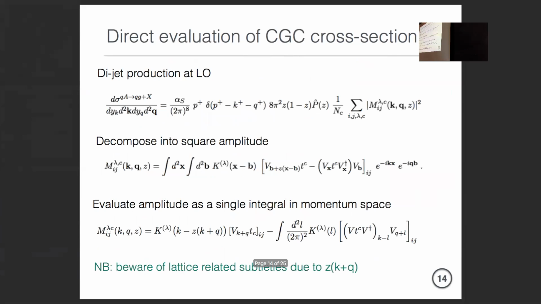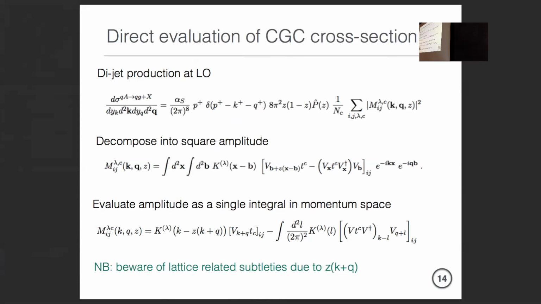So okay, in the same spirit, we go back to the dijet production at leading order. Take out all the boring prefactors and whatnot, and just write it as a matrix element squared. The matrix element squared is not very complicated. It's just the probability that the quark scatters or that the quark-gluon projectile scatters. Basically, there's a splitting function. Okay, fine.